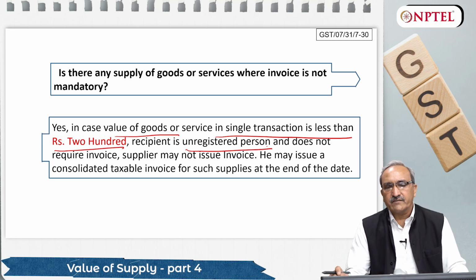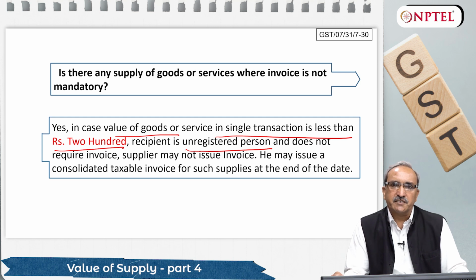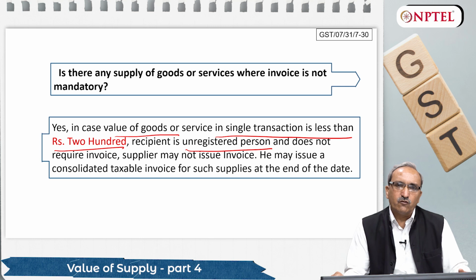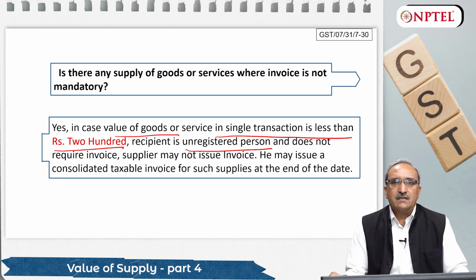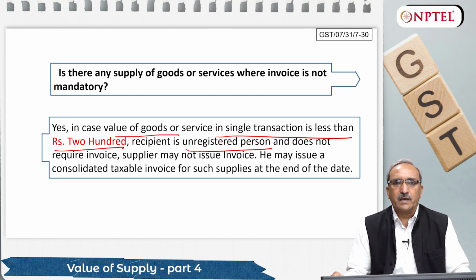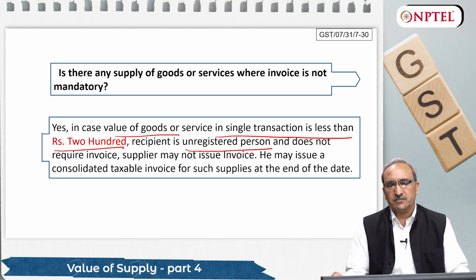So, in the open market, whenever we go to a shop and buy something, maybe medicine, maybe a stationery item, maybe some ream of paper for office printing, maybe a pen, if the value is less than 200 rupees and I, as a consumer, am not a registered person under GST, the supplier, the shopkeeper, may not issue an invoice,